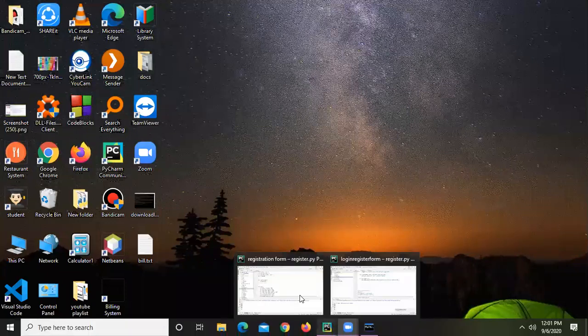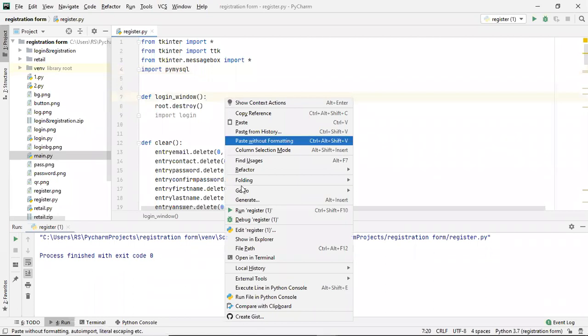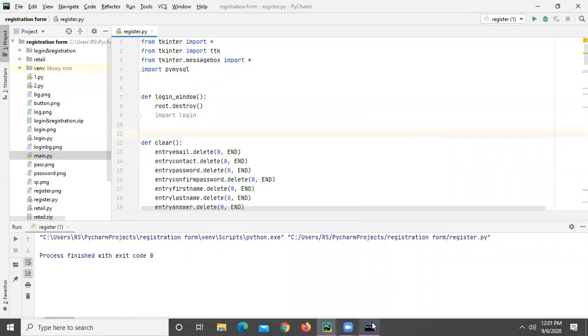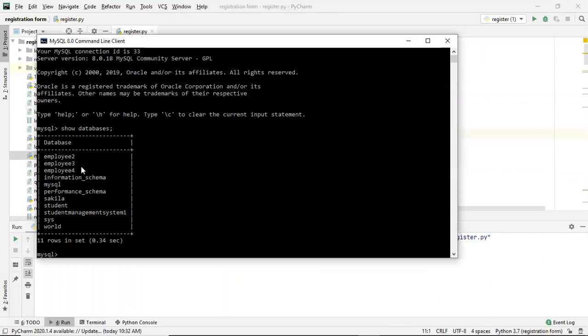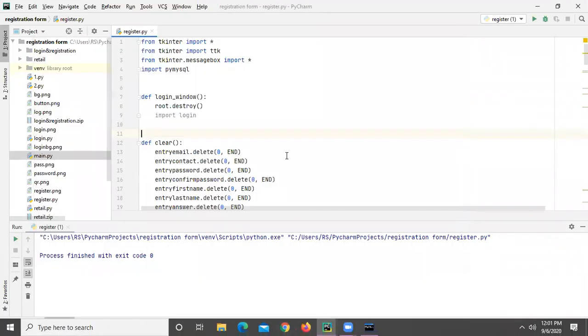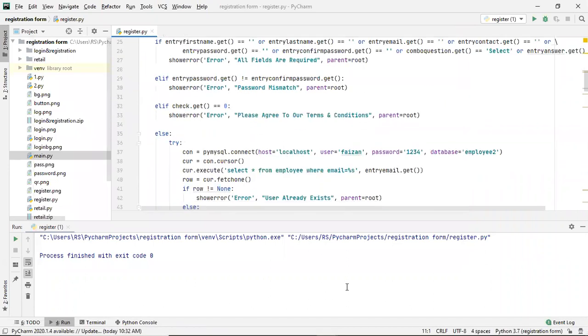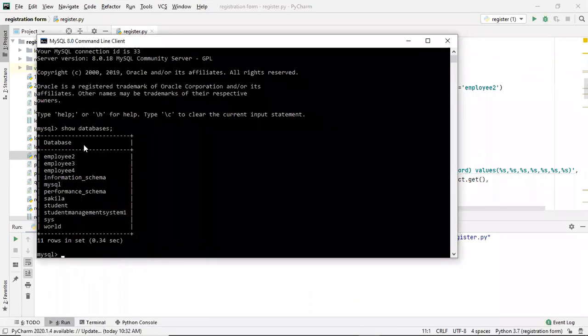Before running this, let me check first which database I have used here. Yes, it's employee2. So this employee2 database I have used.